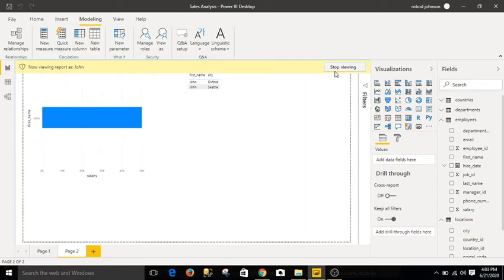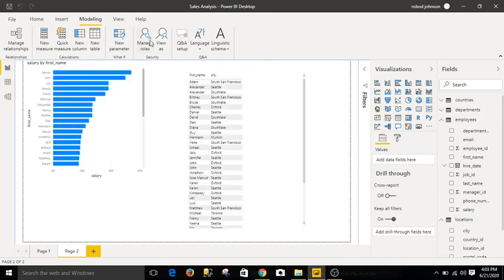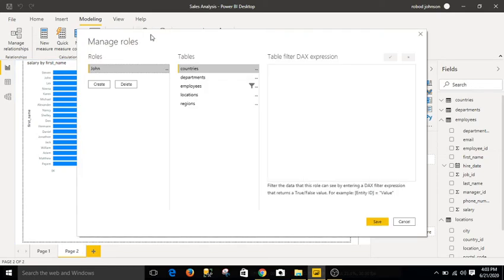If you want to create row level security for another user, you can create it the same way. Suppose Nancy is the user. Click on Manage roles, go to the same table, click on create, and type the name of the user, Nancy.